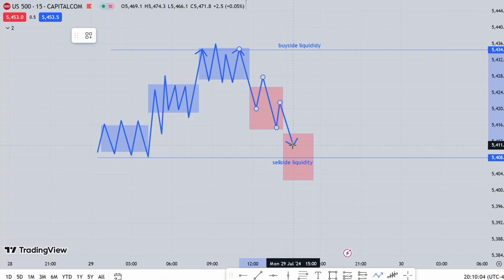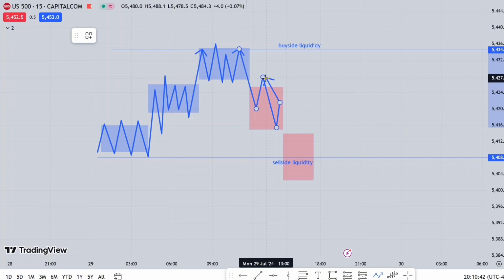To understand these market maker models, you must first understand market structure. This is why I was emphasizing and overemphasizing the market structure lessons, because for you to understand these market maker models, you must understand the concept of long-term highs and long-term lows, and more importantly, the intermediate term highs and the intermediate term lows. That intermediate term high that has balanced an imbalance that was created after this expansion leg lower,